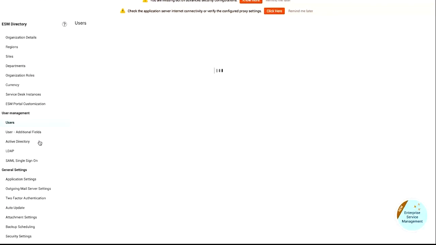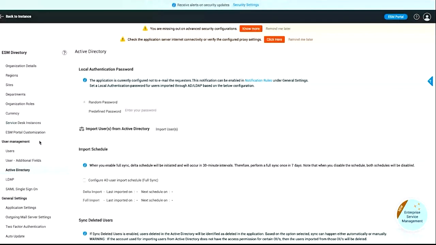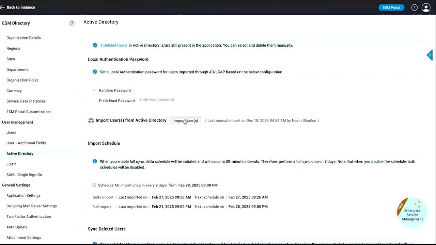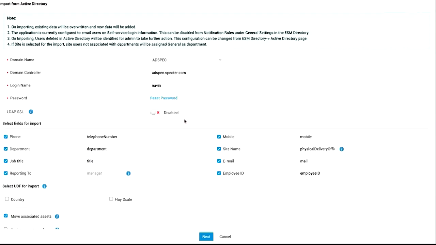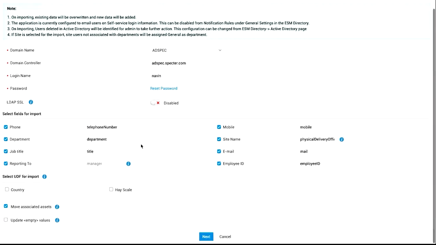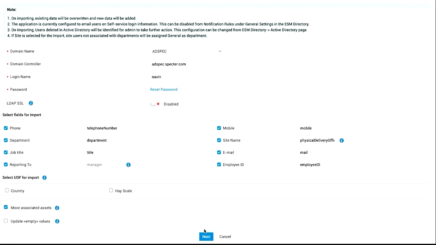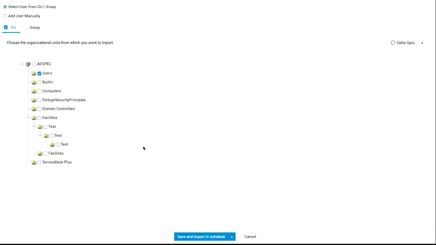Then we have Active Directory import, which is suitable for an organization that manages all its users in an Active Directory. It is very simple: you click on import users, and you specify the domain controller credentials and the fields that you're going to import. And when you click on next, you will be able to find the OUs from which you can select and bring in the